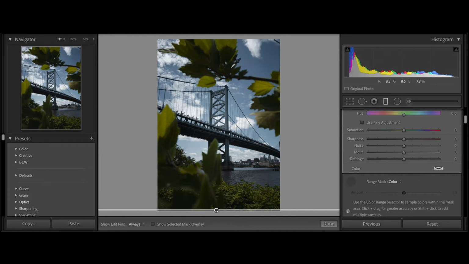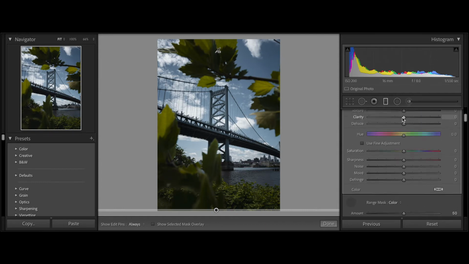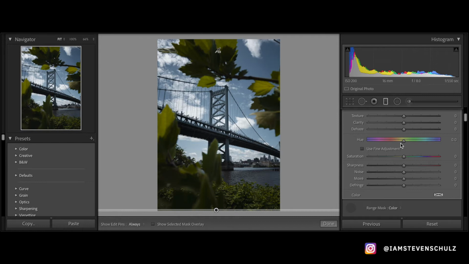We're going to take the color selection tool and select the green colors of the leaves. What this is going to do is select everything that has the colors of the leaves. Now we can go to the hue and change that to our liking, more to the orange red side. I'm going to go to the saturation slider and adjust it to my liking till about here,